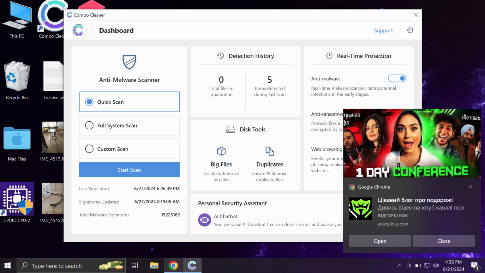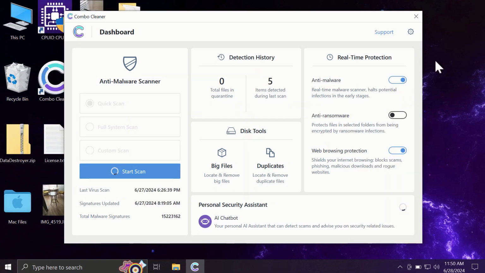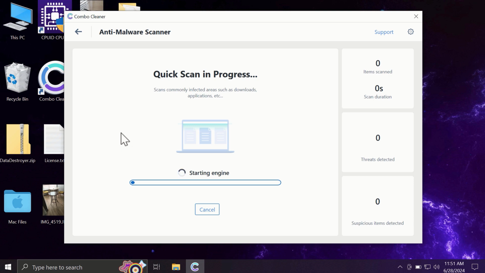So after you have successfully downloaded and installed Combo Cleaner, the software will initially be in the trial mode, and only the quick scan option is available in the trial mode. The full mode includes full system scan and custom scan, but as I said, in the trial version only the quick scan option is available. So you need to click on the start scan button, and most likely the application will